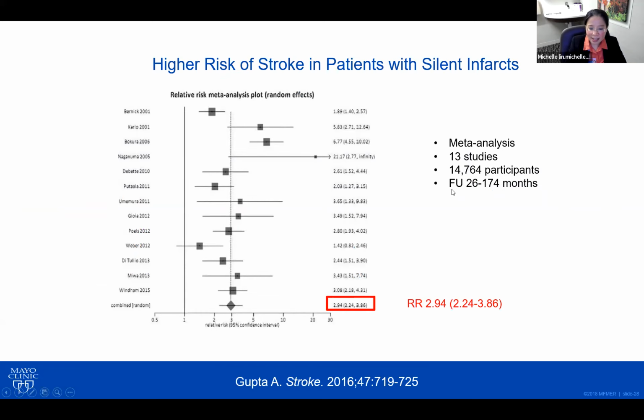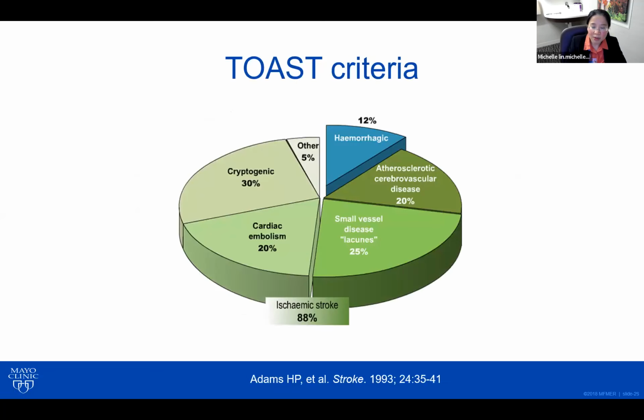And pulling the current data together, in this meta-analysis that involved 13 studies and a total of about 15,000 patients, they reported a relative risk of nearly 3 for incident stroke in those with silent infarct. So a 3-fold increase in stroke. So that, to me, as a stroke neurologist, is an opportunity. So does it make sense for us to treat the silent infarct like how we treat true clinical stroke? So I conceptualized the silent infarct